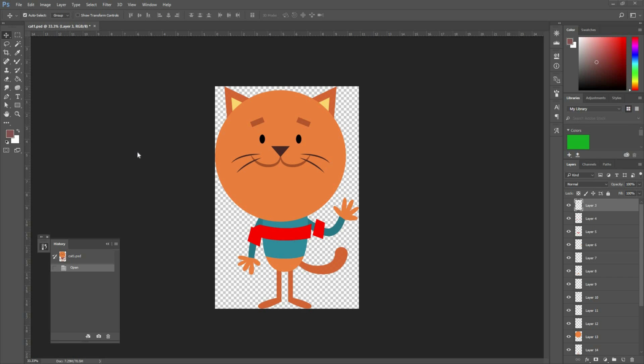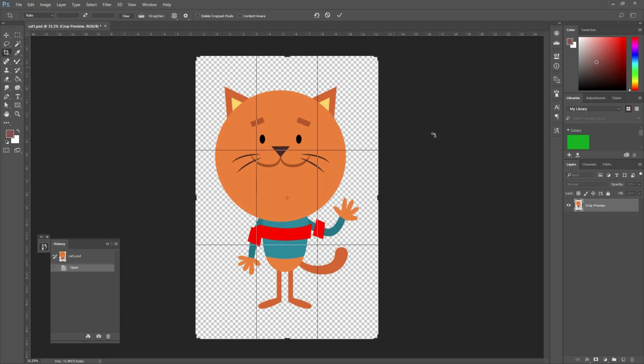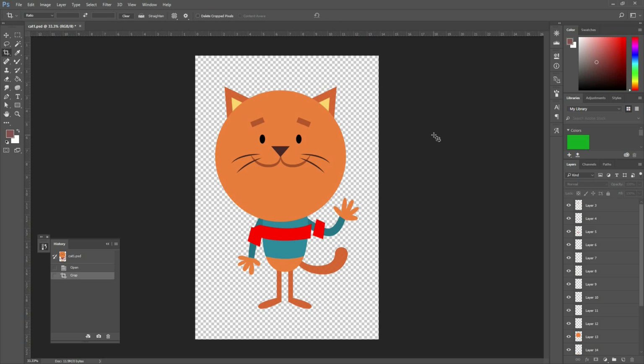In this lesson, we're going to work on our second cat. As you can see, I have opened my file that I exported from Illustrator, and just as before, I'm going to go to my crop tool and move it on the edges while pressing Alt to give it a little bit more room. Now I'm going to select all of my layers while I press Shift, and lock